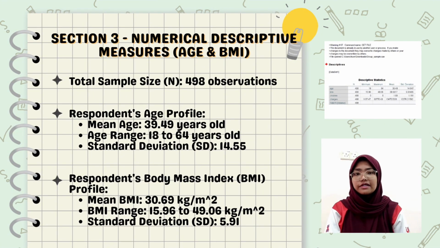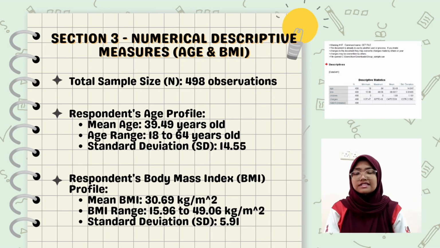Moving on to the second variable, BMI, the respondents recorded an average BMI of 30.69. The value ranged from a minimum of 15.96 to a maximum of 49.06. Our SPSS output shows a standard deviation of 5.91 for BMI. This relatively low standard deviation implies that most of the respondents' BMI values cluster quite close to the calculated mean